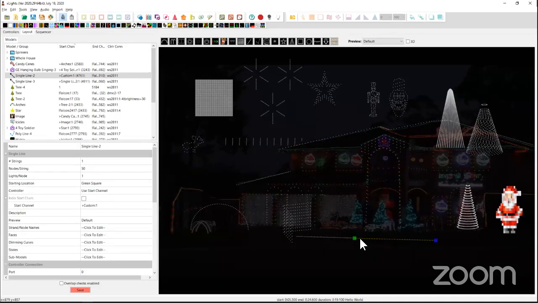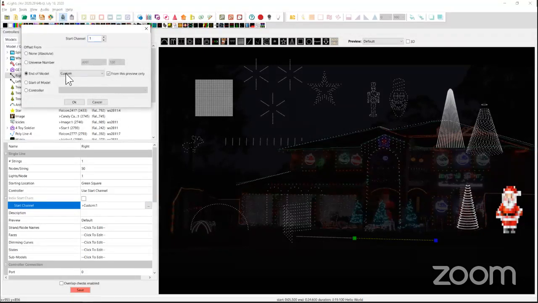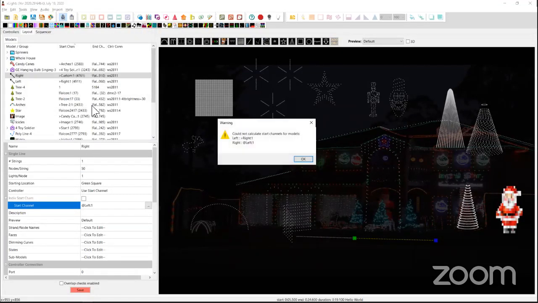Okay. Well, it's not that hard. So let's call this left, and let's call this right. And what we'll do is we'll take right, and this is one of these areas where having a shadow model makes sense. So what you would do is set the controller to be used start channel, and set the start channel here. If you click on the ellipsis, I would set it to be the start of the left model. And what that will do,